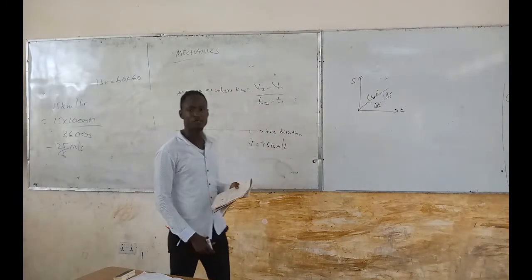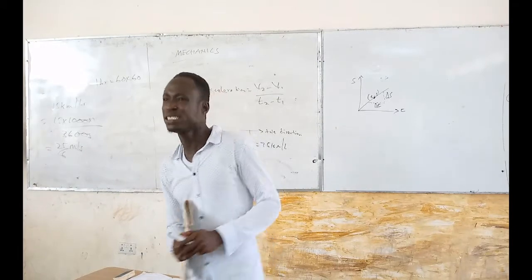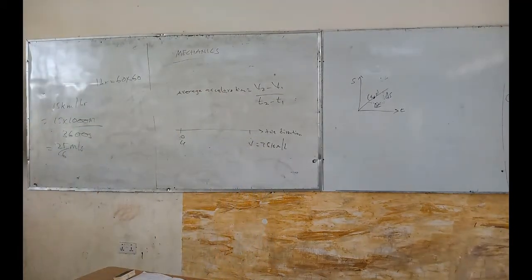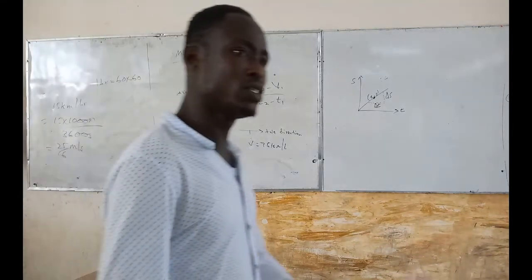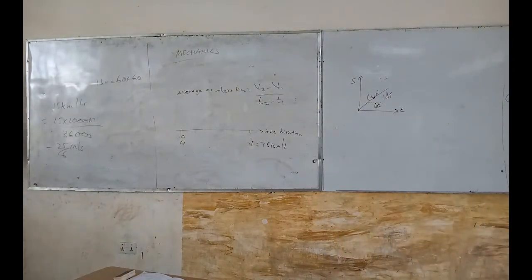Alright, but you have to look at something carefully. The time is in what? The time is in seconds. So at least you have to do something about that. Please, are we watching? You can't just do the substitution. Though this question looks very friendly, if you don't check the units, you can get the answer wrong. The time is in seconds and this one is in kilometers per hour. So the units have to be consistent.